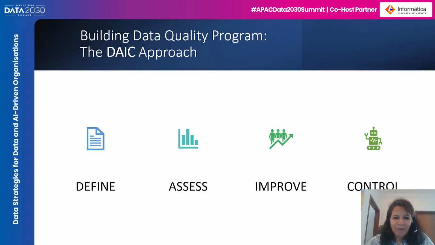So here I am to share about the DAIC approach, derived from Six Sigma methodologies, to help improve the level of data quality effectiveness and efficiency in any organization. This four-phase define, assess, improve, control approach, we also term it as DAIC. This approach is to carry out data quality programs in a systematic way, right from initial planning to complete